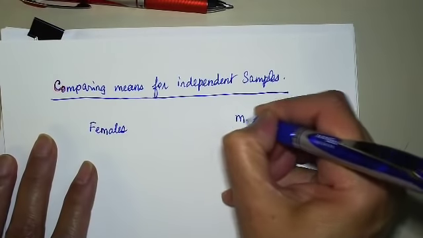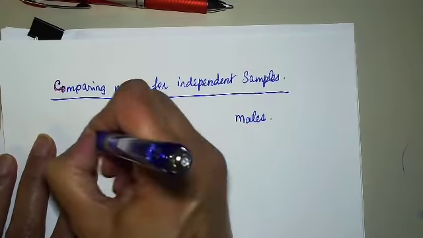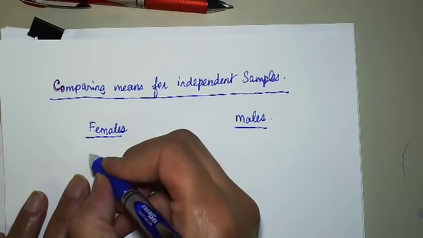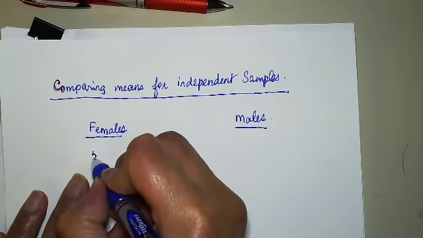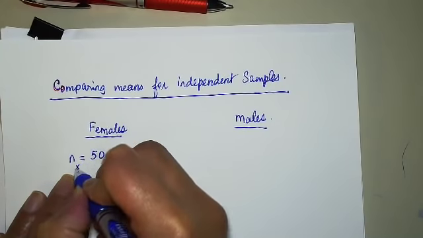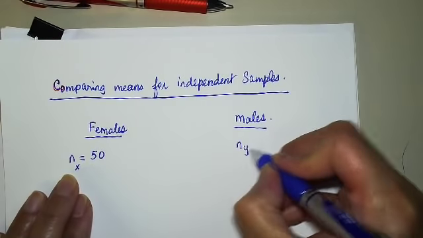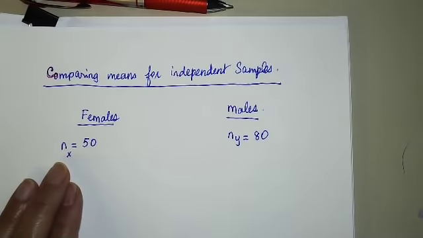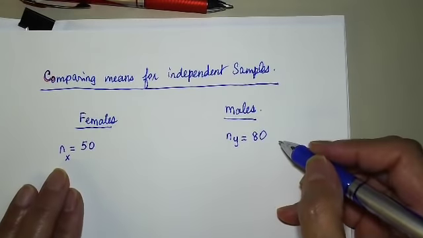Meaning they're not matched pairs anymore. So let's say that I want to see if girls do better than boys on their SAT math. So I have females, males,